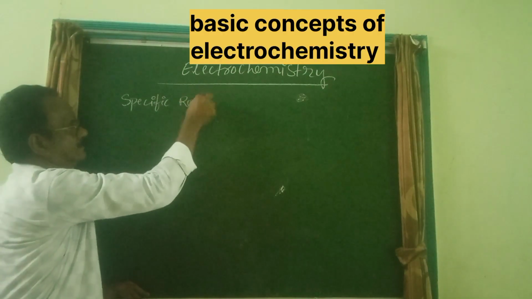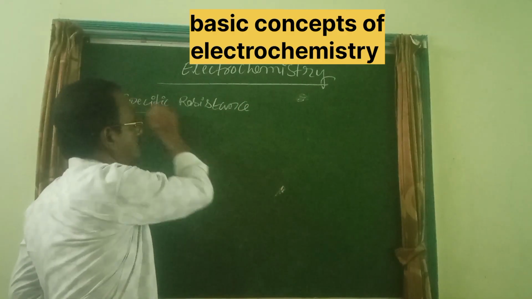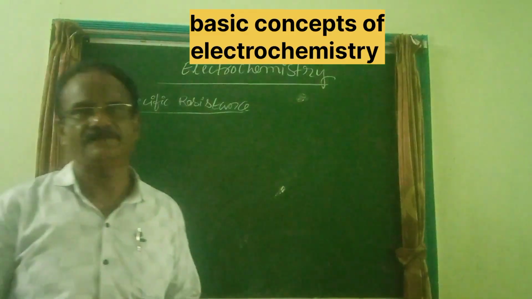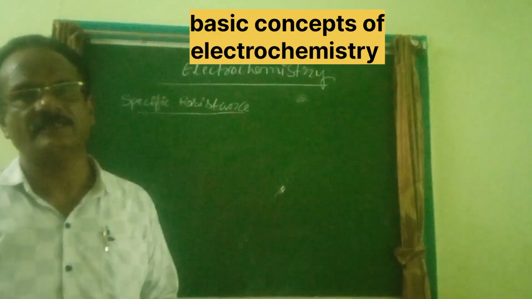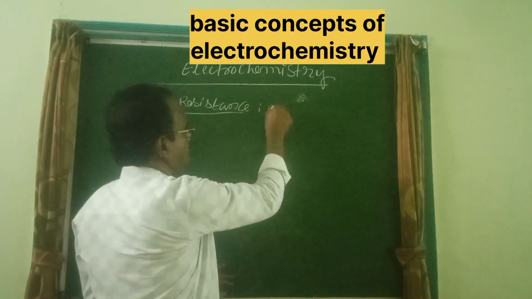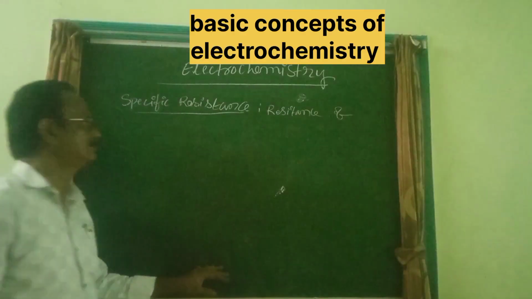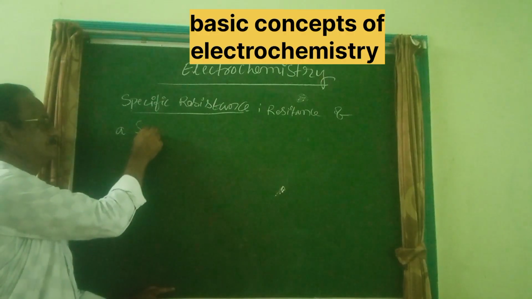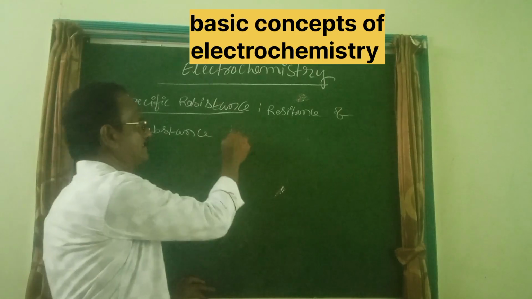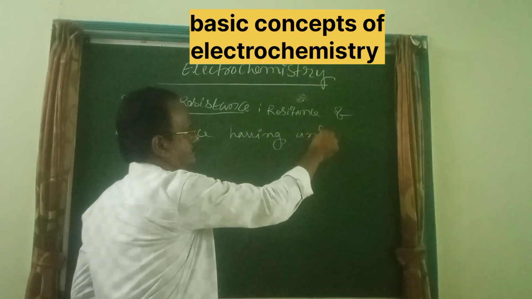Resistance. Specific resistance. If dimensions are also specified in the definition, the resistance is termed as specific resistance. Let us see what will happen. So here this can be defined as resistance of a substance having unit length